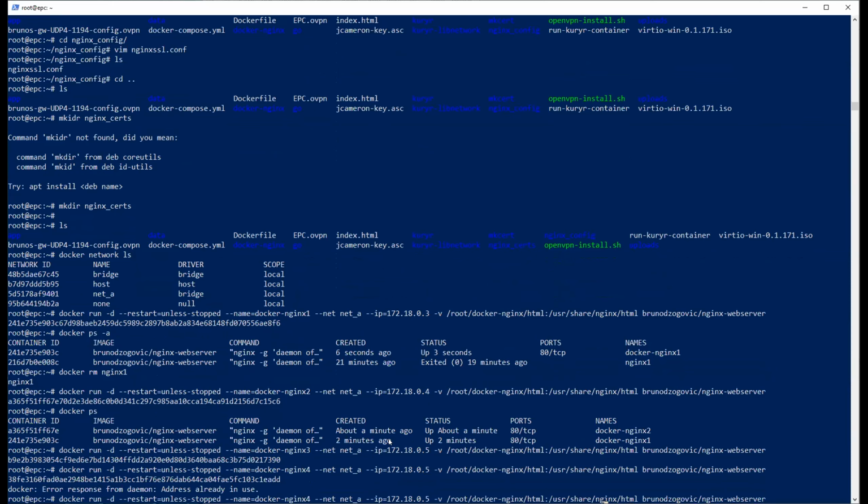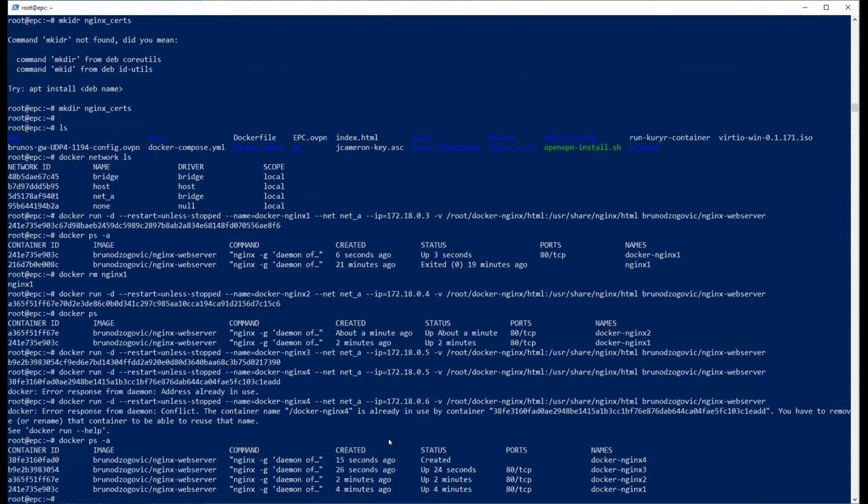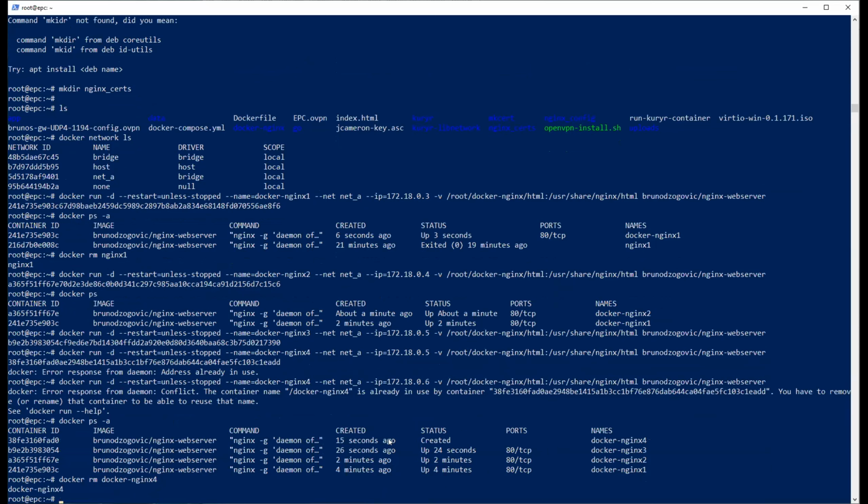Need to change the address. 06. Something ran. We're gonna have to stop it. Created, right? So we remove docker nginx 4. Okay, let's go back and put 6. Yeah, that's the correct one.